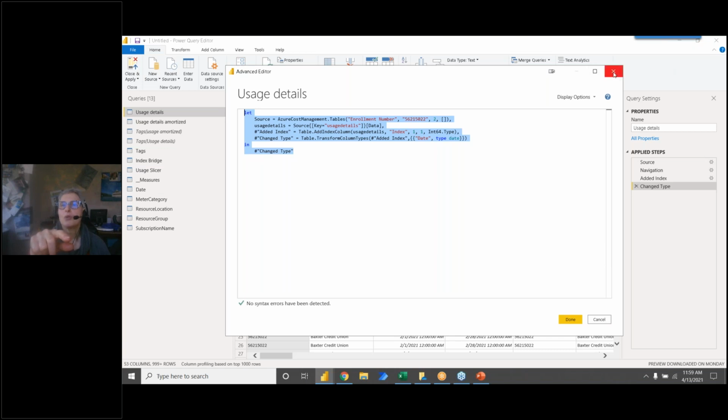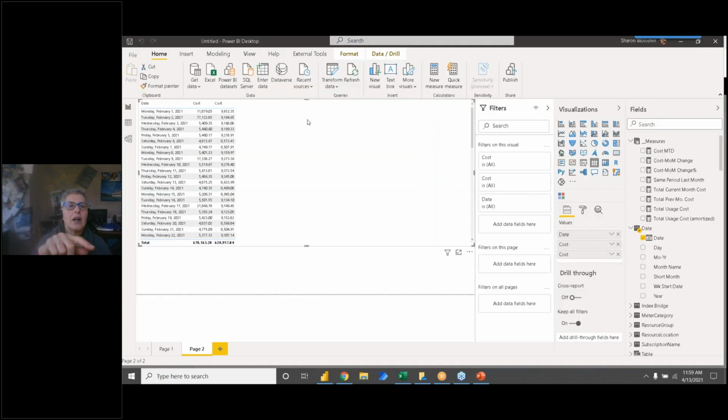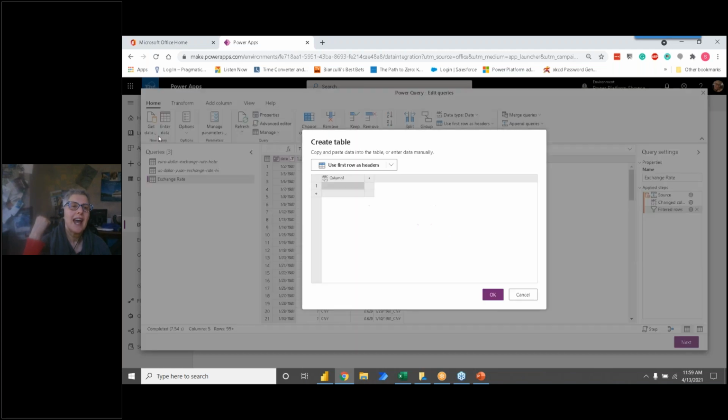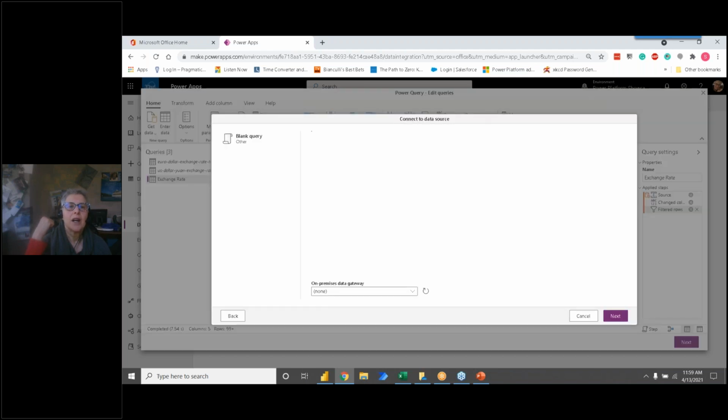let me close this and close this. Well, let me drop it down at least. Let's see if I can close it. And then go back over to, now I'm back in the data flow editor online. It also has an advanced editor. If I wanted to paste that query that I just had, I would go to get data and get a blank query.